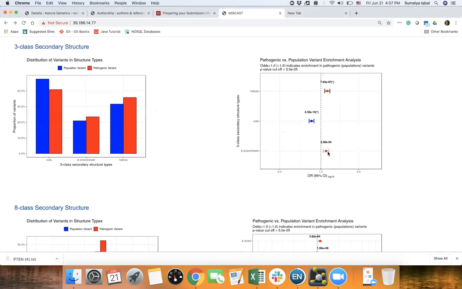Now, if the odds shown with the circle here is greater than 1, then we have an enrichment for pathogenic variants on these specific features shown in red. Otherwise, the enrichment is observed for population variants, which is shown in blue. Important to note that such association is significant when the p-value is shown with an asterisk or the confidence interval bar is black. Otherwise, when the association is not significant, then the confidence interval bar is gray and there is